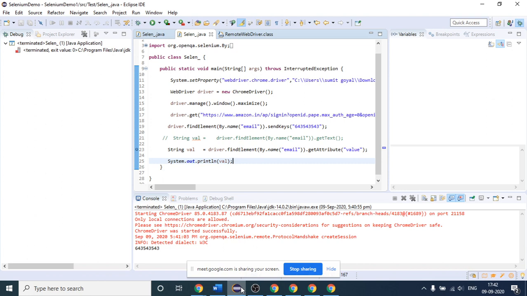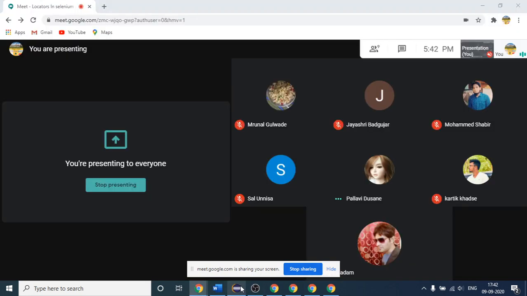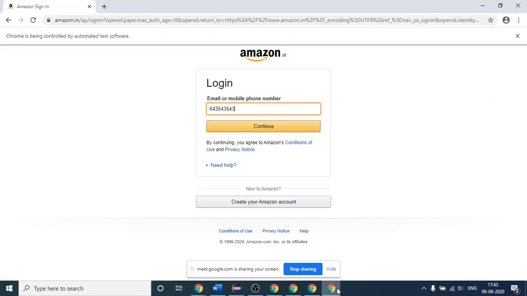So what I was saying, let me open this. You have entered this. Till now it is clear how to enter this value in the text box using the locator name. So we have entered this value with the help of name. Now I have to extract the value present inside the text box with the help of getText method. First I will try getText method, and we will see whether it is working or not.